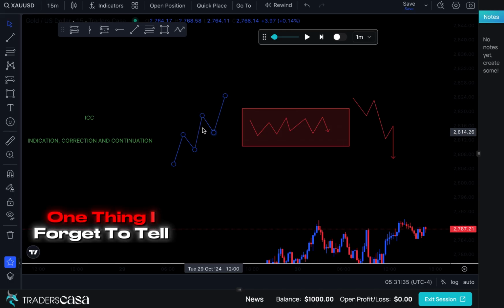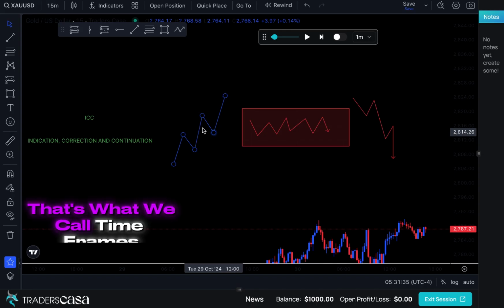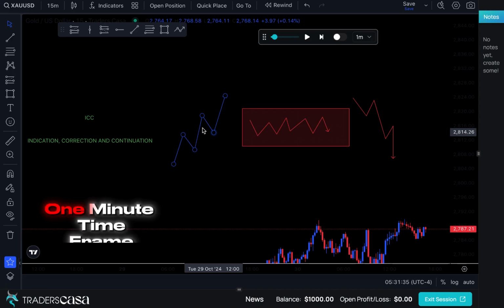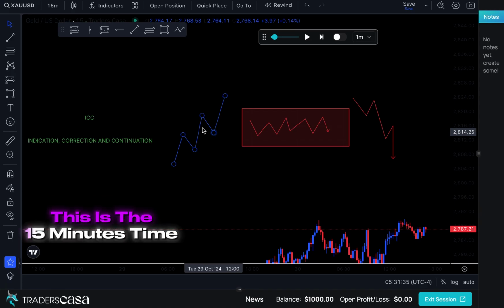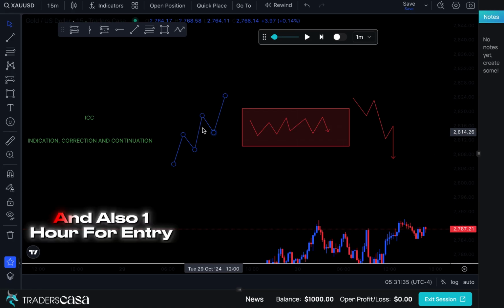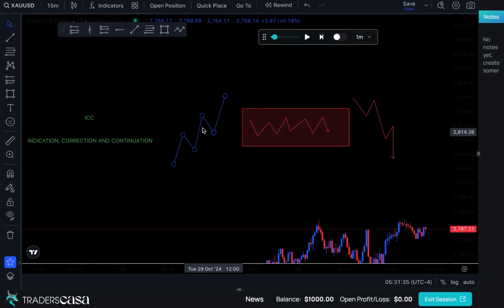Now basically, one thing I forgot to tell you is that while trading ICC, we use the 1 hour time frame. That's what we call time frames, and I assume you're all supposed to have known that. We have 1 minute time frame, 15 minutes. This is the 15 minutes time frame. We have different time frames right here: 1 hour, 2 hours, 4 hours. So while trading ICC, we use 1 hour and 4 hour. 1 hour for our entry, 4 hour for our direction. Most times 1 hour for direction and also 1 hour for entry. So we use the 1 hour time frame for